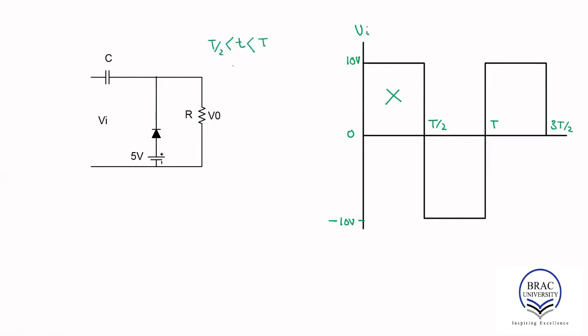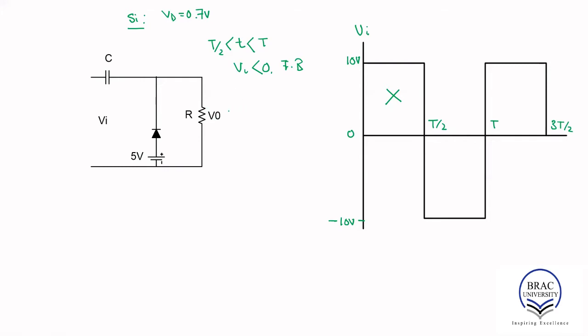That means Vi less than 0, and the diode is forward biased. Now, let's consider the diode is not an ideal diode, the diode is a silicon diode. That means we're going to consider the constant voltage drop model. When the diode is on, we're going to replace the diode with 0.7 volt. And one thing